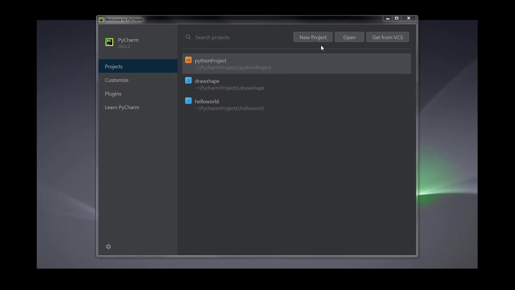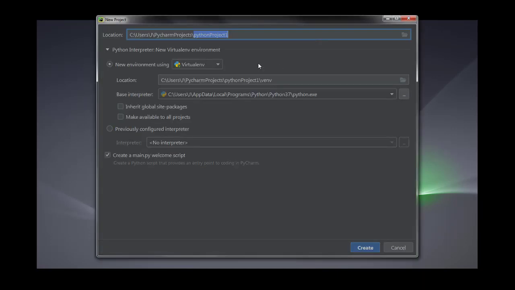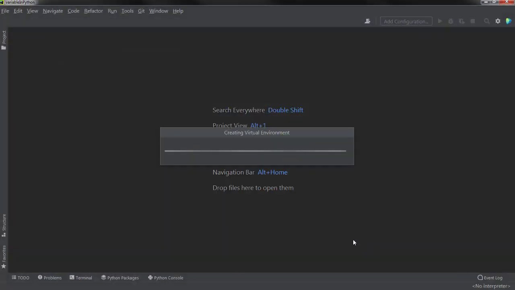First, I'm gonna name it variables in Python, and the same environment I'm gonna use. Let's create the project first.